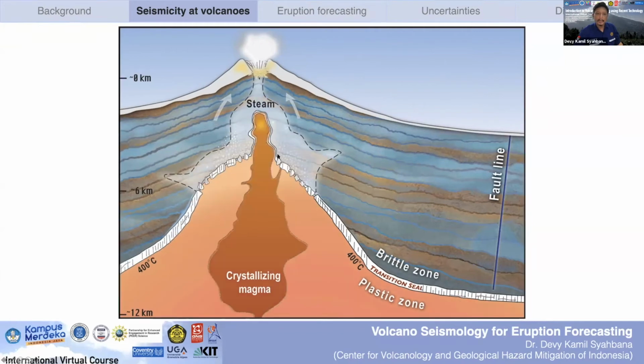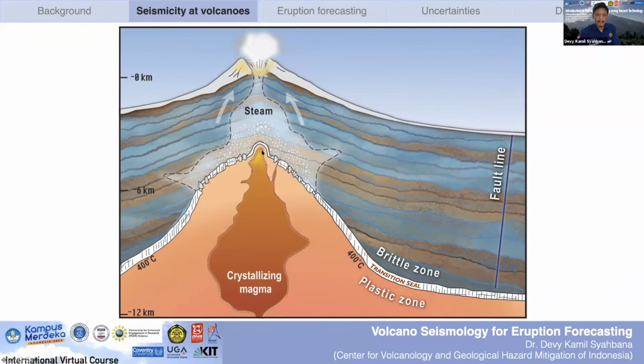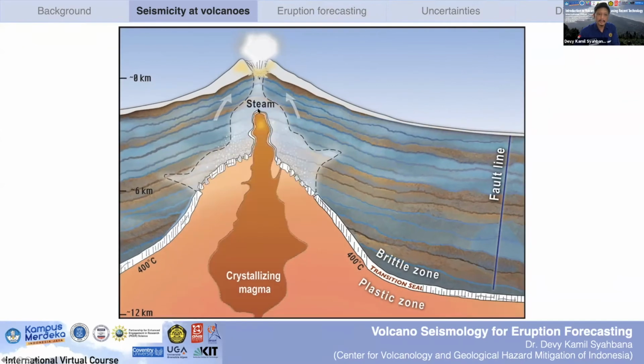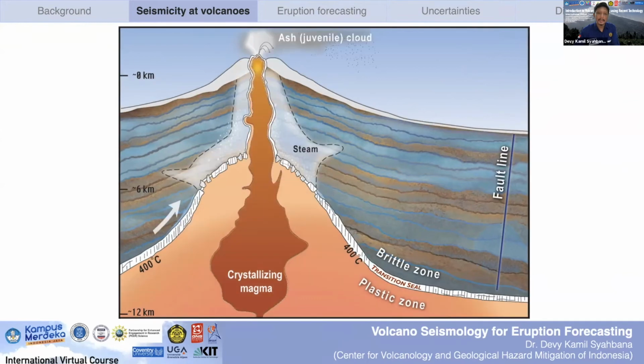And then when magma is moving, here you see that magma is still there, but then it's moving up, and in a matter of maybe hours, when it interacts with water, it will produce an ash eruption and phreatomagmatic eruptions. So that's the story of the seismicity accompanying the ascending magma before the eruptions.